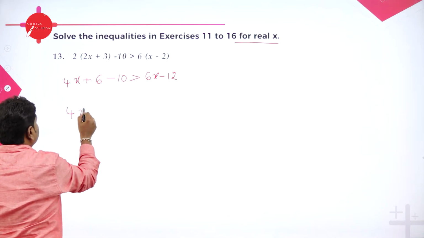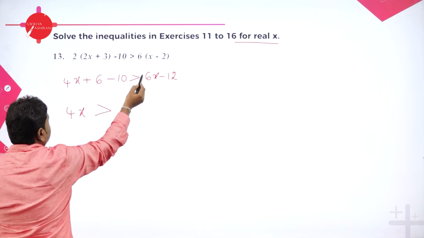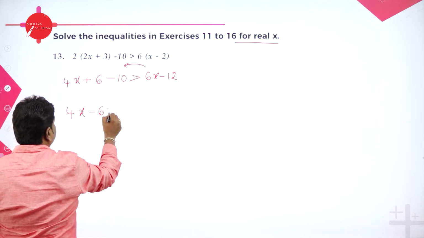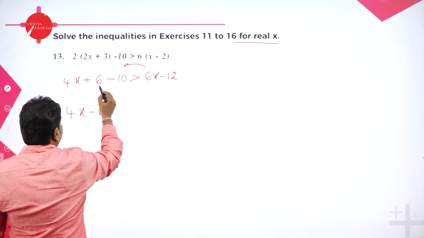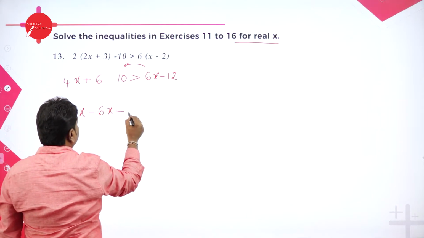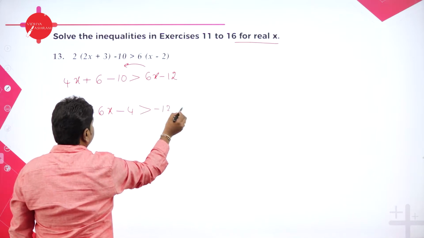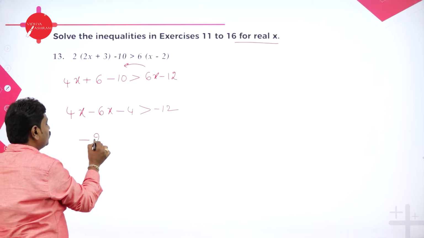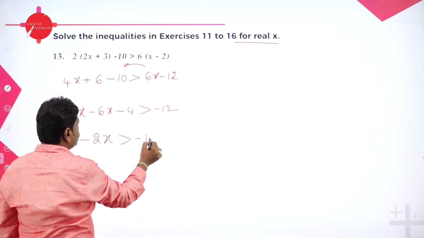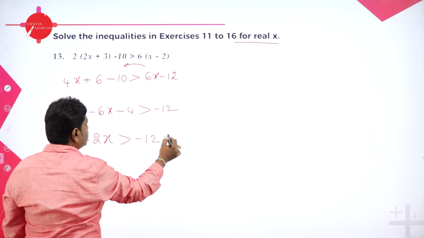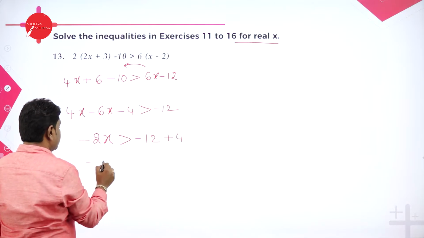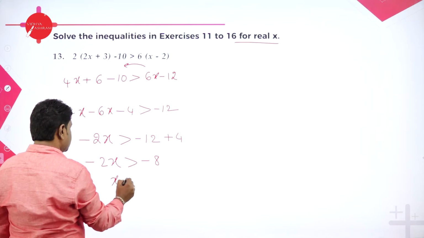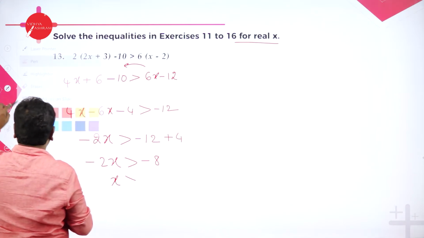So we have 4x greater than, bring 6x to LHS, it will become minus 6x. And 6 minus 10 is minus 4 greater than minus 12. So 4x minus 6x is minus 2x greater than minus 12. Transfer minus 4 to RHS, it will become plus 4. So minus 2x greater than minus 8, x is greater than, see remember, you cannot transfer,